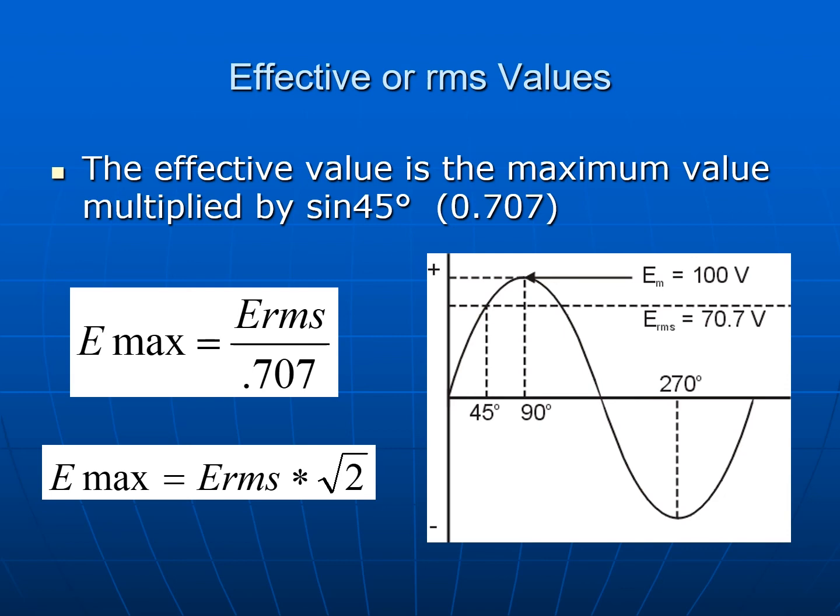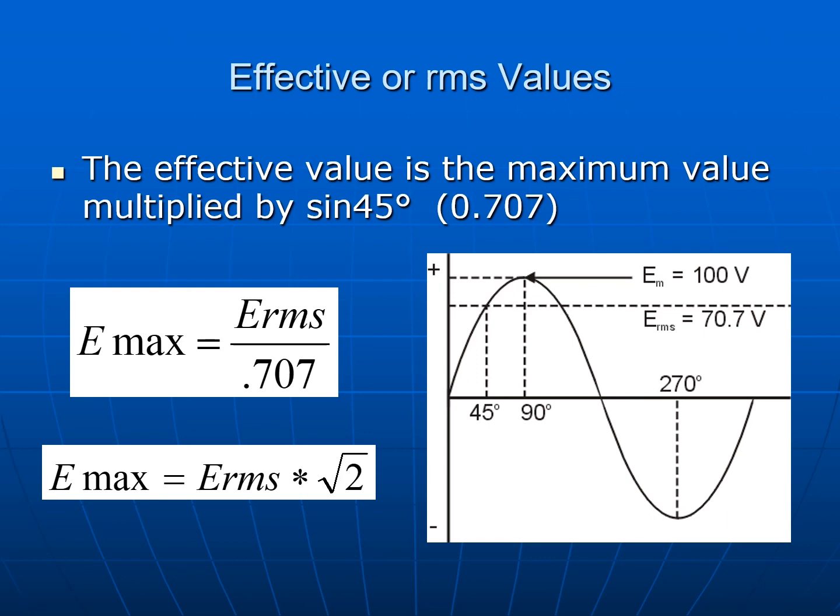When you consider looking at a sine wave, we only see a peak value twice during the entire cycle. That means the peak value doesn't really do us very good at all. The rest of the time, we're at some operation below peak. So when we look at a circuit with our electrical meter and it reads 120 volts, that's not our peak value. That's considered our RMS value, which is our average value of that entire sine wave. The RMS value is the instantaneous value of the sine wave at 45 degrees,